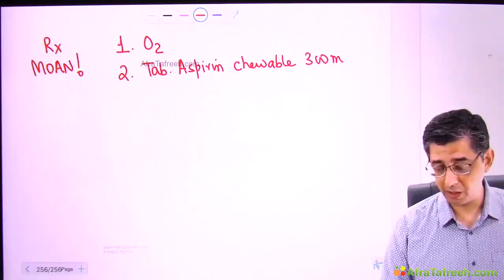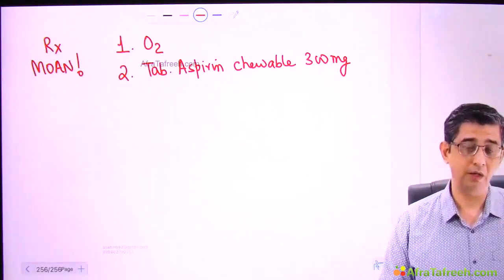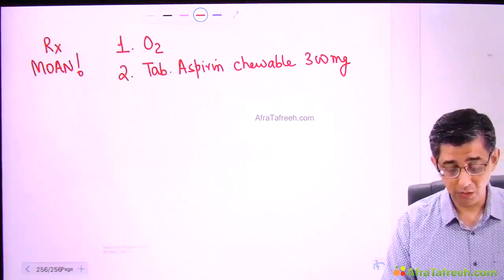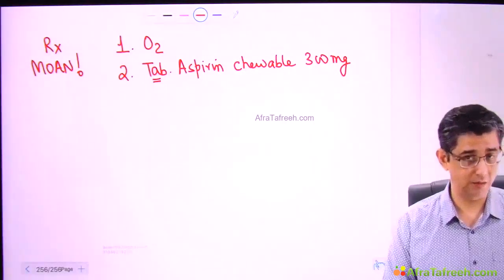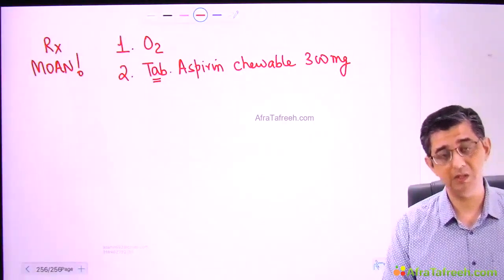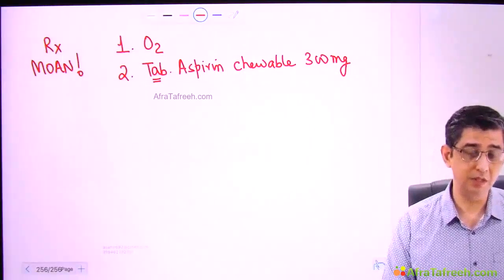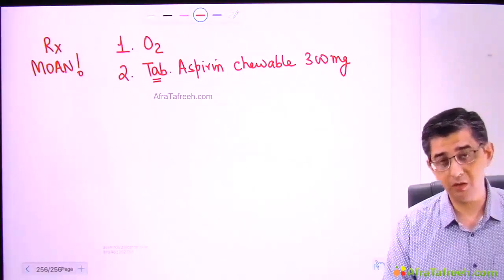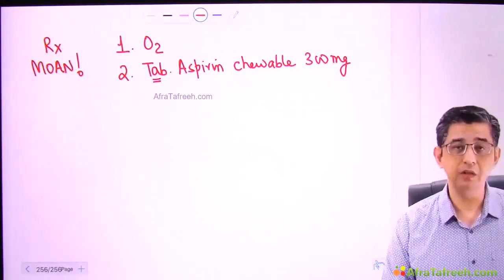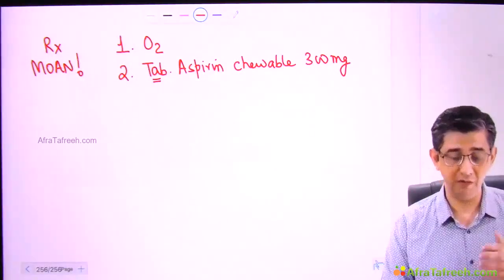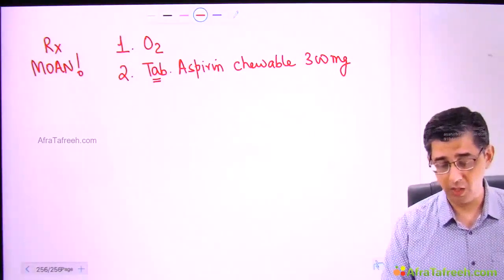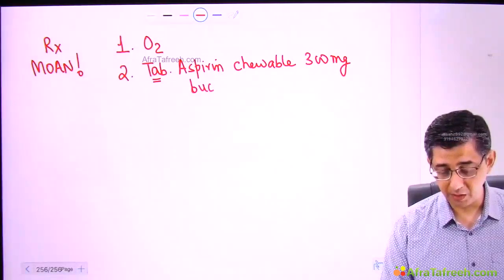milligram aspirin. And I also want to tell you that this is not only the treatment inside the hospital. Even if a medic is calling you from the ambulance, the ECG facility can be present in the ambulance. So he can just take a picture of the ECG and send it to you on WhatsApp or any other social media. So you can definitely see the ECG and ask the medic to give this treatment right in the ambulance itself. In fact, it can be given even at home also. And the message here is that